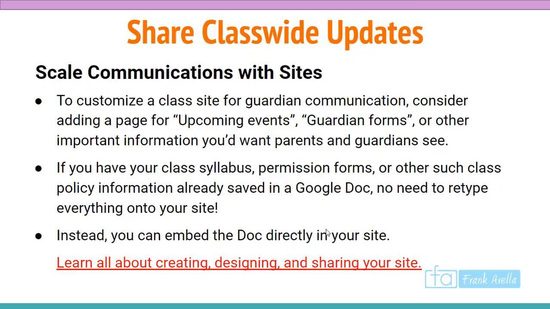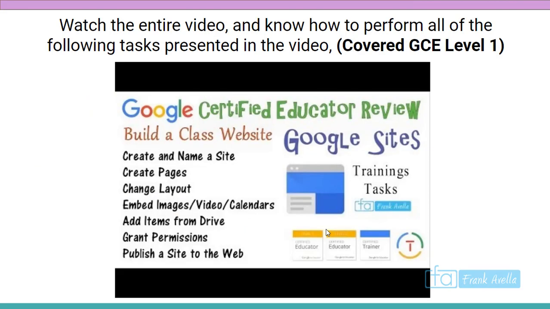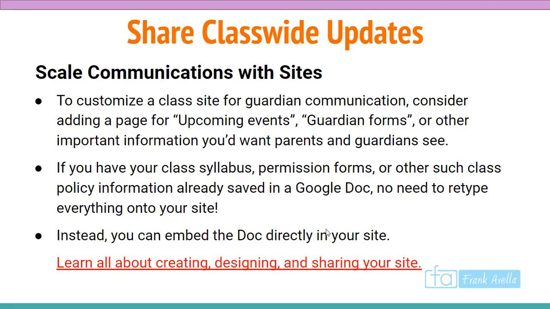Build a website. I'm not gonna let this play either, but I will go back. It has creating pages, layout, adding videos, granting permissions. A bunch of stuff there. Okay, so scale communications with Sites. Okay, to customize a class